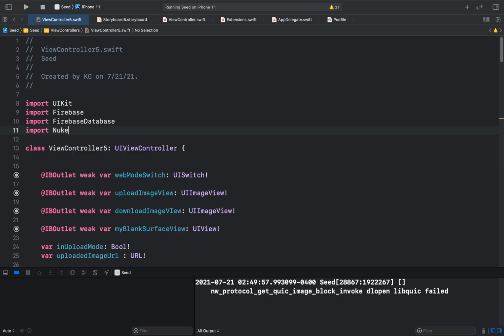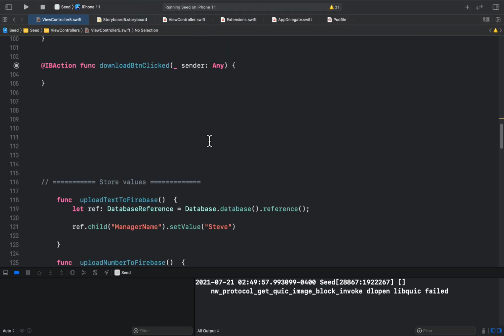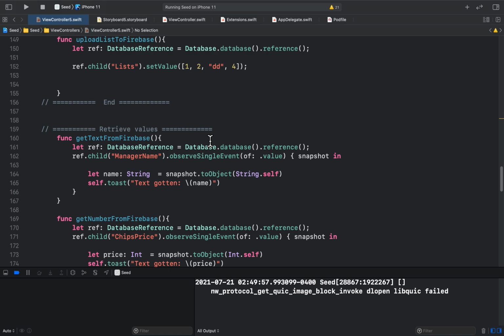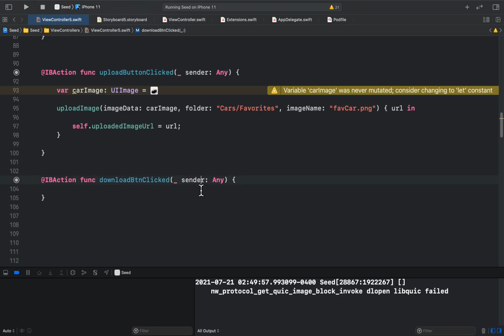Imports Nuke. Then I'm going to scroll to the bottom, back where we were, and the download button clicked, and then I will use Nuke to load the image. It's as simple as saying Nuke